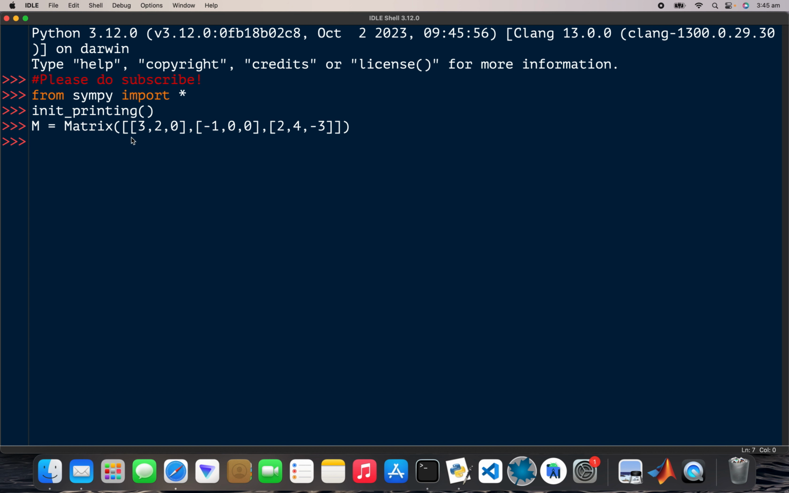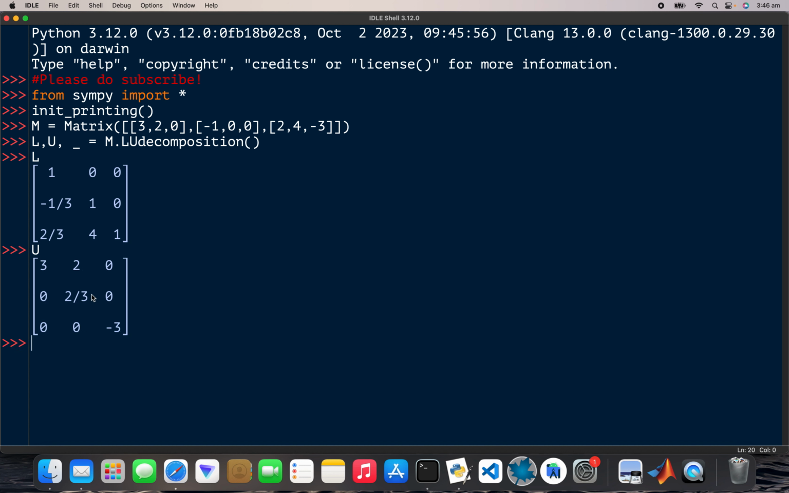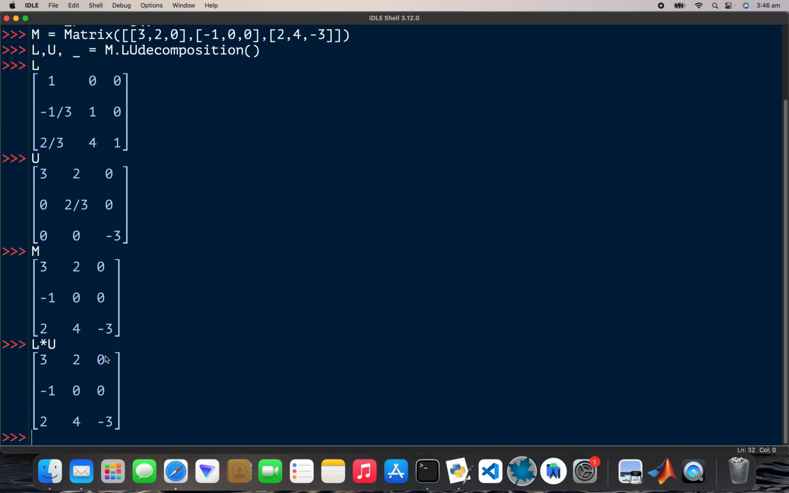Right, so we're going to be doing lower and upper triangular matrices. So L, U, and that's equal to M.LUdecomposition. Okay, so my lower triangular matrix is that, and then the upper triangular matrix is that. So the product of these two matrices will give us matrix M. So this is M, and then L times U. That's that. And then the determinant is